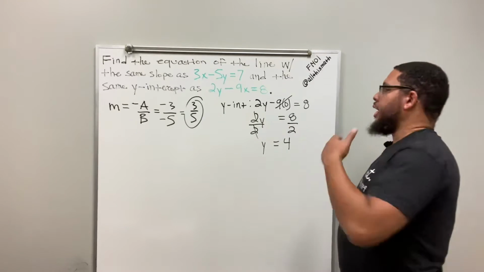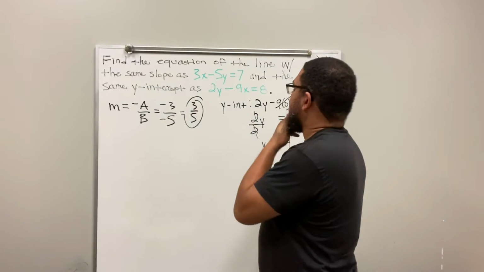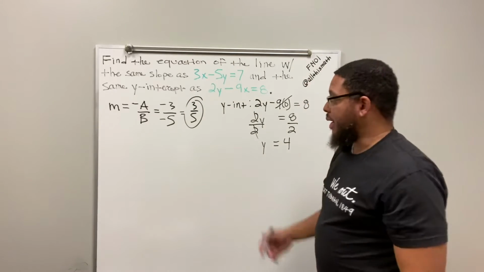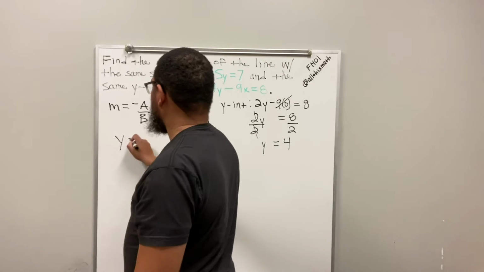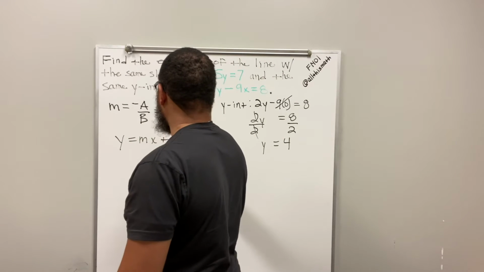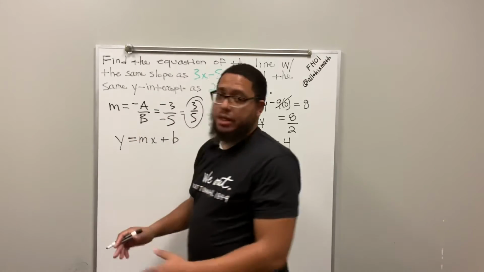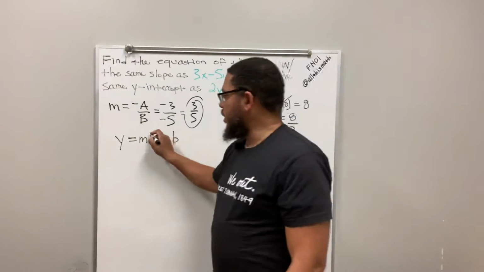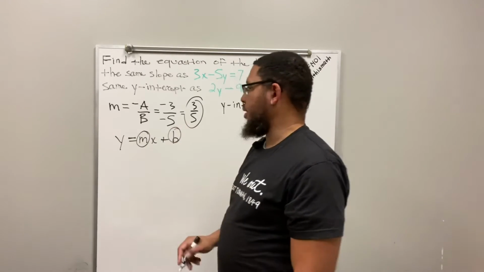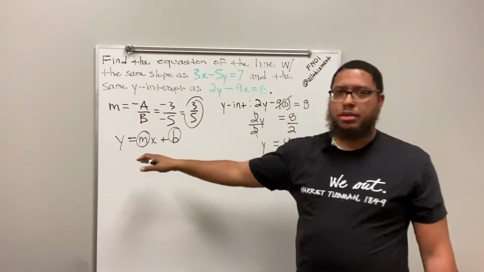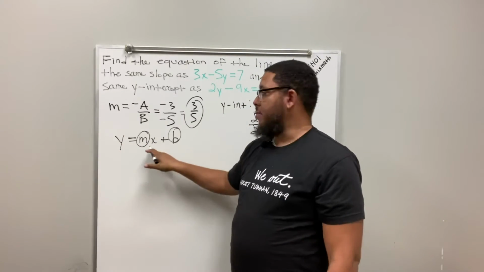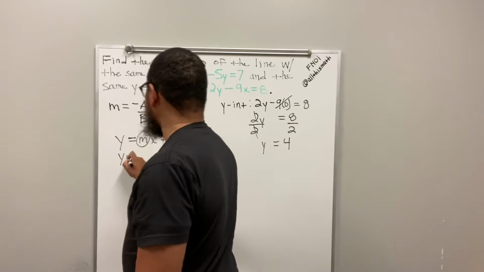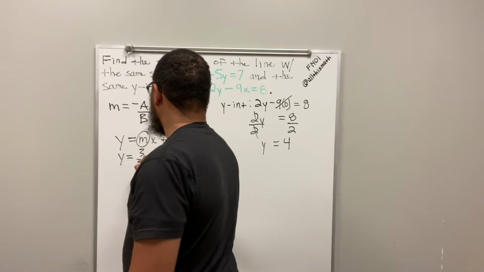So now, in order to write the equation that I'm looking for, I got my slope and I got my y-intercept. So I could just do this. y equals mx plus b. Right? Now, when I write the equation in slope-intercept form, which is y equals mx plus b, I only need a numerical value for m and for b, not for y and x. Right? I'm going to keep my variable y, I'm going to keep my variable x in my equation. So I can just throw them numbers in there. y equals 3/5 x,